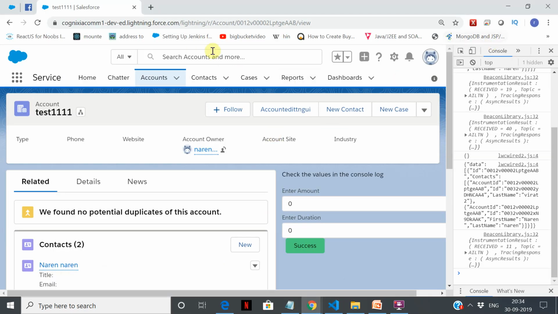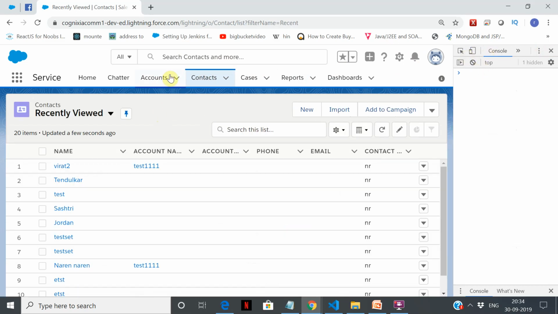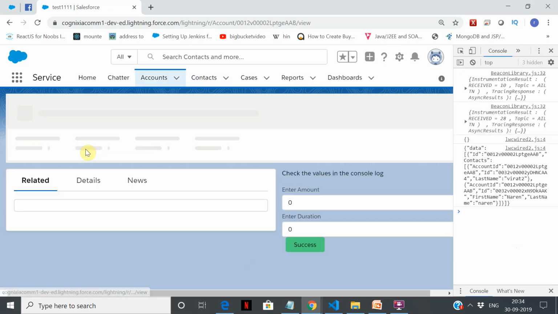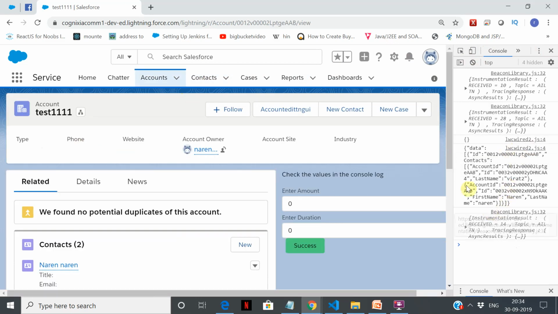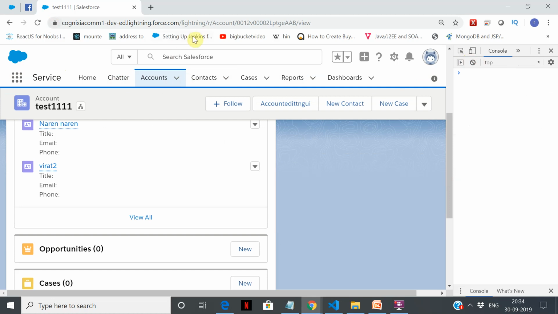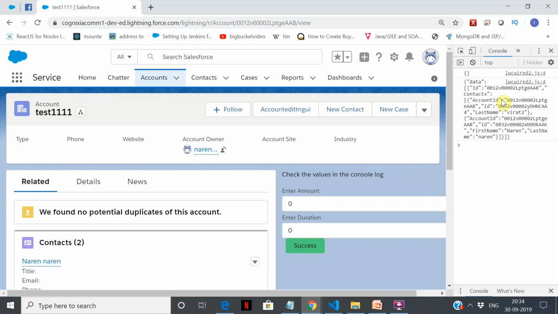So let's go here and select a contact and account. In the console log, see, it's already returned the data. As soon as this is hit, look at the speed compared to Aura component. Look at the speed at which it's gone and called the method. See, it's almost immediate. So I'm just going to refresh on the same page. See, it's already got it even before this DOM is rendered. So that's why LWC is fast.